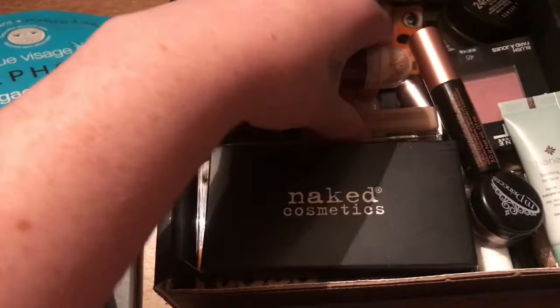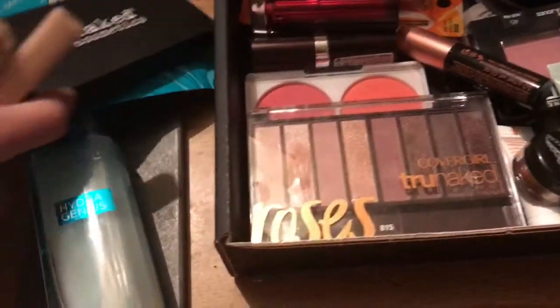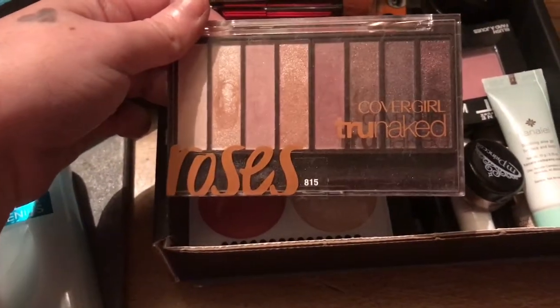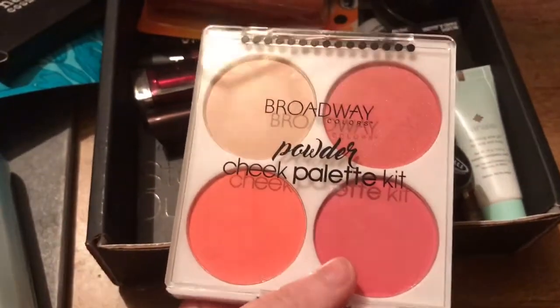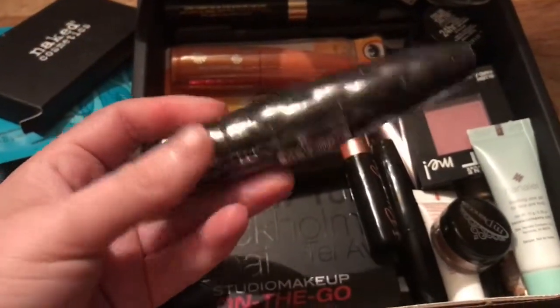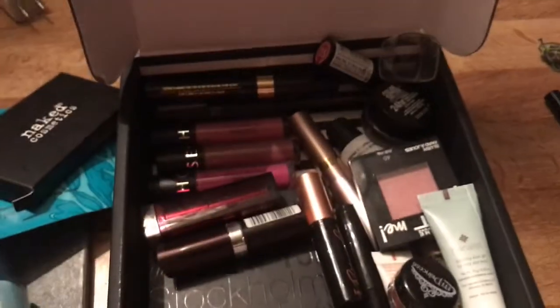This Sephora mask, concealers from Maybelline, this little palette from Naked Cosmetics I got in a BoxyCharm. This palette I got from CoverGirl, it's the Roses palette. This is a little blush palette that I picked up at Dollar General that I really liked, but it's not cruelty free. A brand new mascara from Sephora, a brand new mascara from CoverGirl,